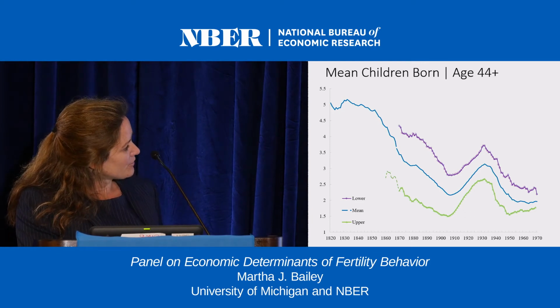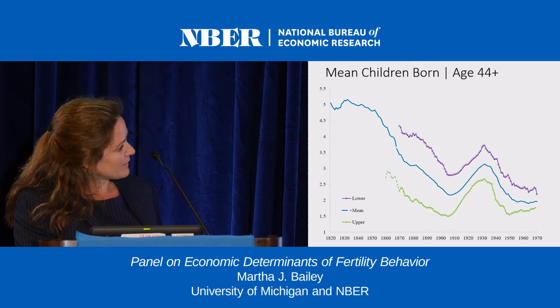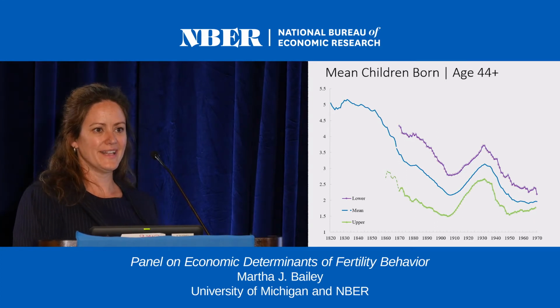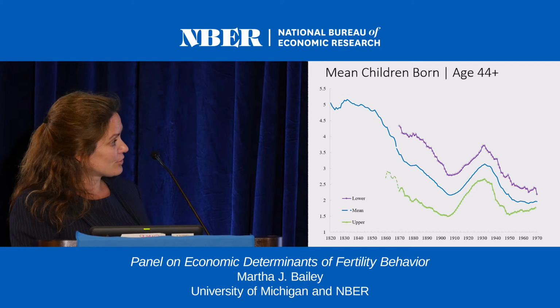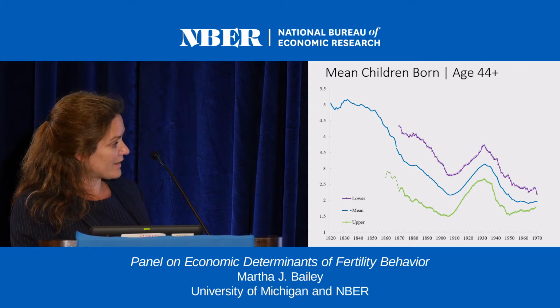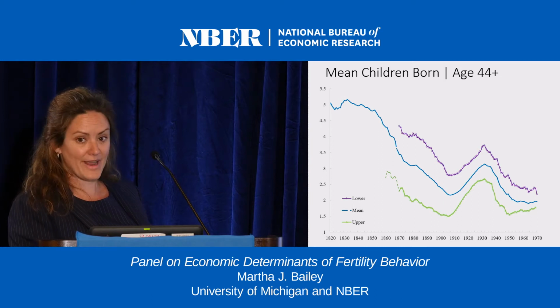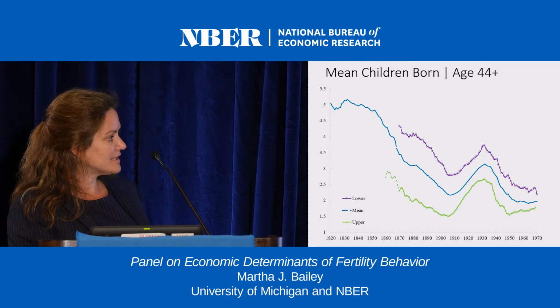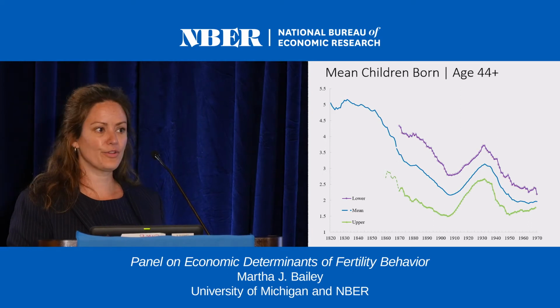So you see that the rates are also falling pretty much in lockstep, and that more educated women have always had fewer children than the average. It increases dramatically during the baby boom and falls off almost back to where they were, but not quite. So they're having slightly more as the baby boom ends. But the interesting trend here is that the numbers are increasing. They're about at 1.8 now.